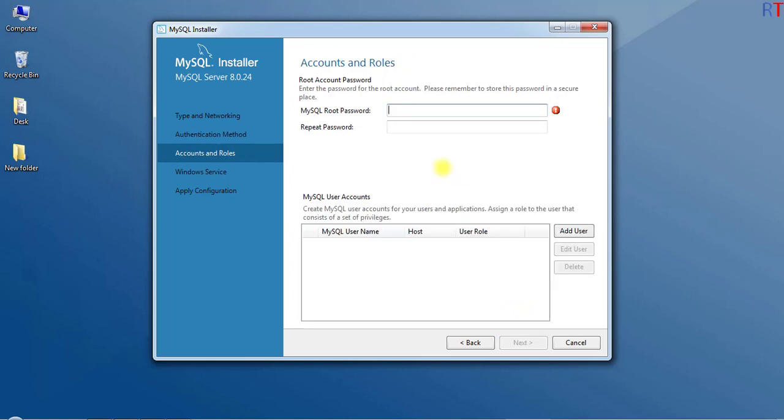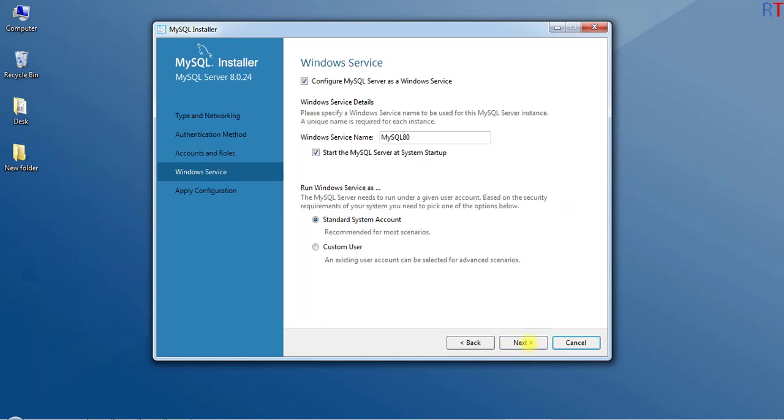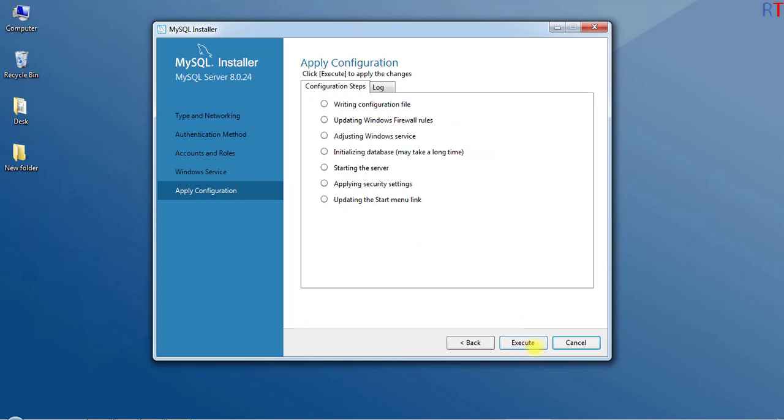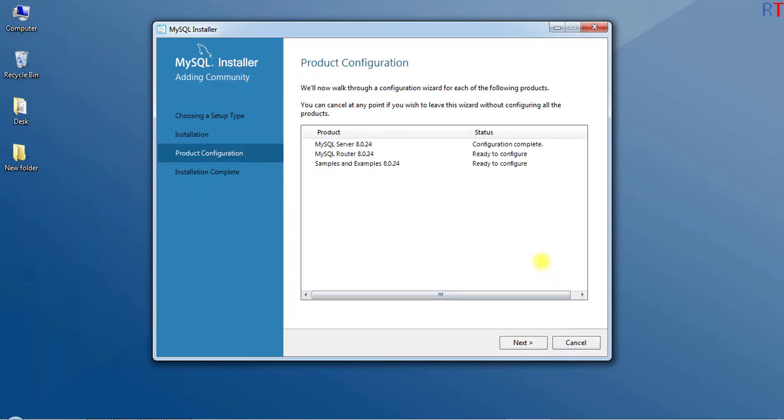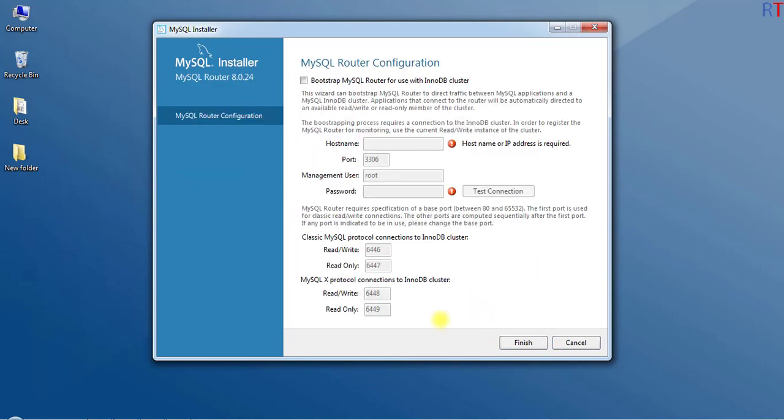Now here it is asking for the password, so I'm gonna enter the password, and then again we have to repeat that password, and then click on next, and we're gonna keep the default setting and click on next, and then click on execute. Now here it is applying all the configurations to our database, and then we have to click on finish, and then click on next, and then we have to click on